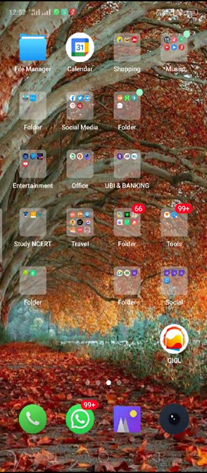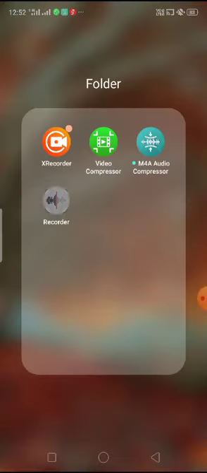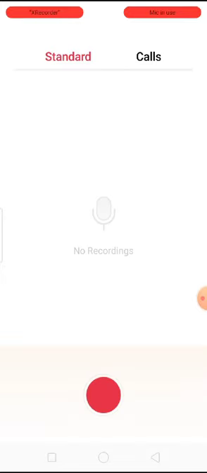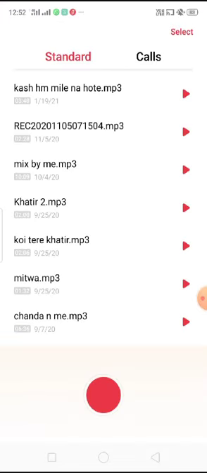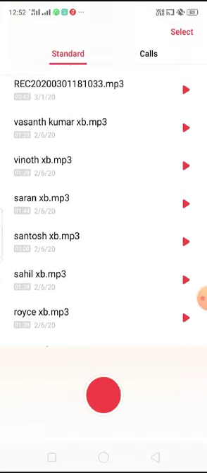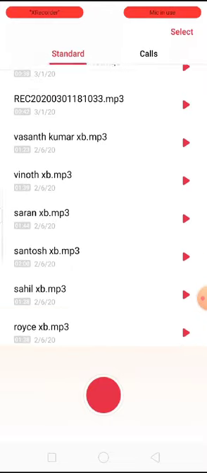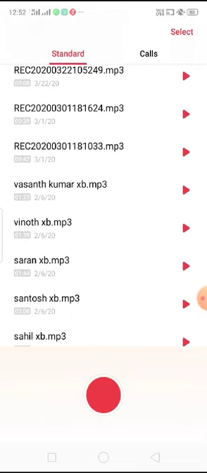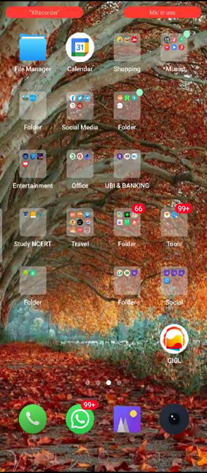Okay, as I can record from here, you go to recorder. Record your voice, and then you will have these recordings. So just imagine that you want to save one of the recordings. You have to save that recording in your Google Drive. So for that, your recording is here.